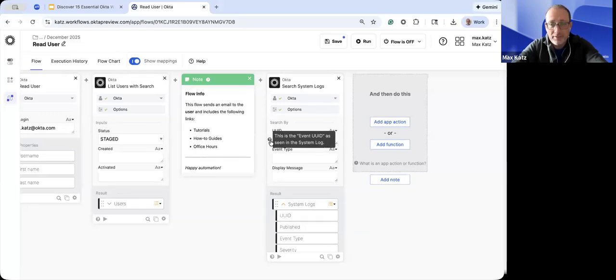And notice what I have here. I have a little question mark, what it says. So this is the event unique, I think it's universal unique ID as seen in the system log. Okay. And how would you create this is that